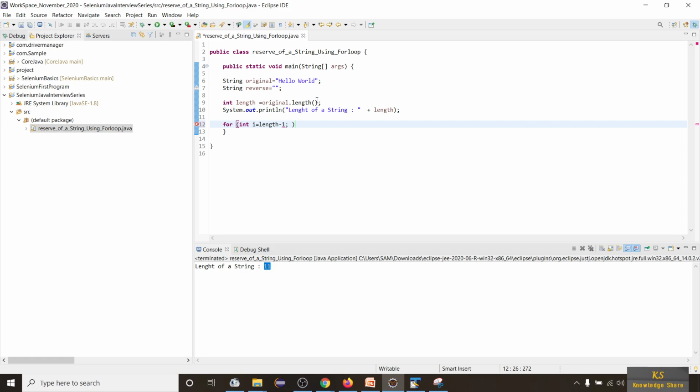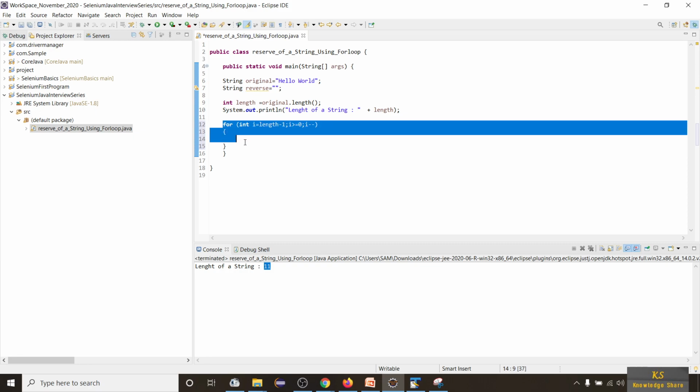You have to traverse from 11 down to 0, so until i is greater than or equal to 0, and i minus minus, because we are traversing from the 11th character to the first character.